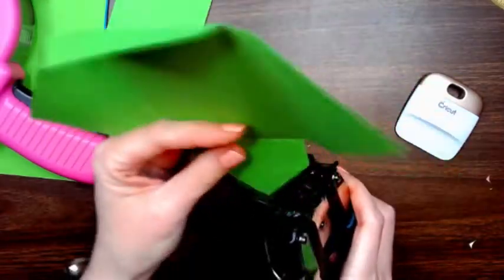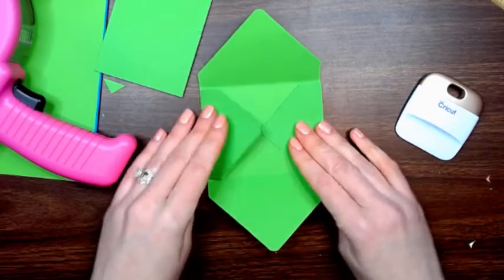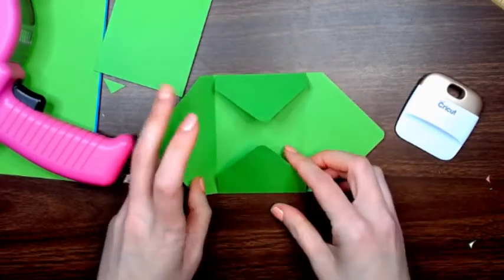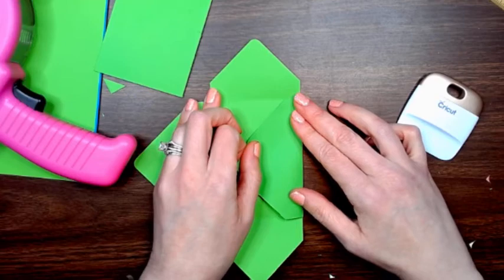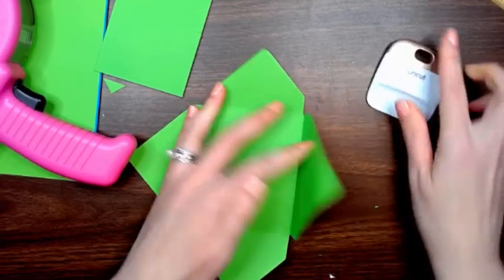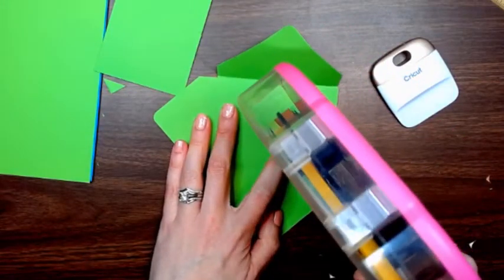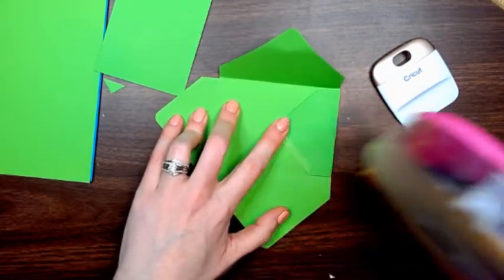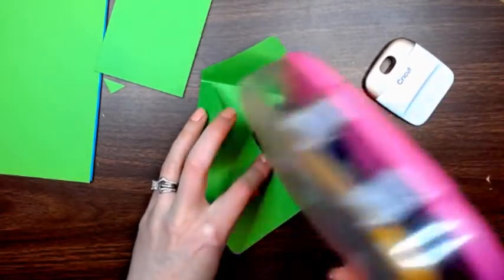Then we're going to take our corner rounder if you want, and I always do on the 1/4 inch side most of the time. Okay, then you're going to decide how you want to do it. You need to fold it this way, decide which sides you want to go in first. That's completely up to you. Okay, so I'll put a little tape there. It's barely gonna grab, if it grabs at all right there, because